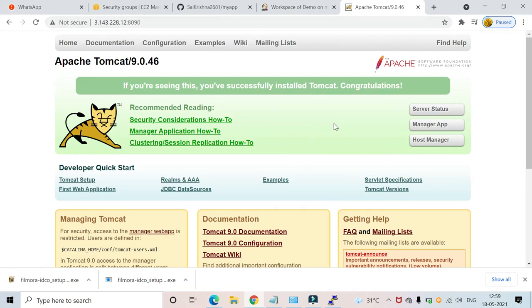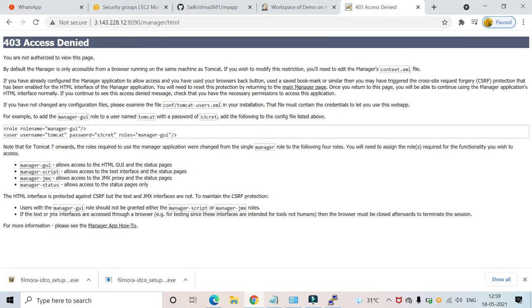Now let's try to log into Tomcat, and when I use this, it throws an error saying that you need to set up a username and password for Tomcat. It also says that by default the manager is only accessible from a browser running on the same machine as Tomcat. Now Tomcat is running on AWS in the cloud, and we are accessing it from my laptop. So there are some more restrictions which we need to update in the context.xml file. So we should be doing two changes. One is we need to update the username and password, and the other is we need to update the context.xml file. So let's do that now.